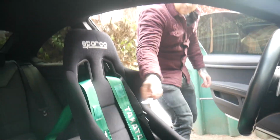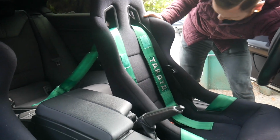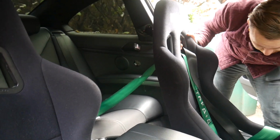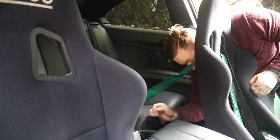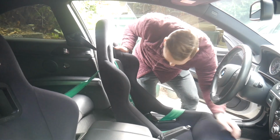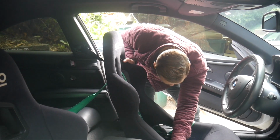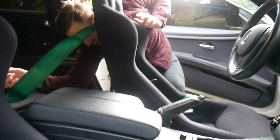Let's get this out of the way. There. Alright, so slide this guy forward a bit. Contort yourself into the back seats. It's not going all the way forward for some reason. I think it's, oh, I got it. It's getting stuck on that. Just put that through for now. Okay, so, yep, I'm gonna literally,